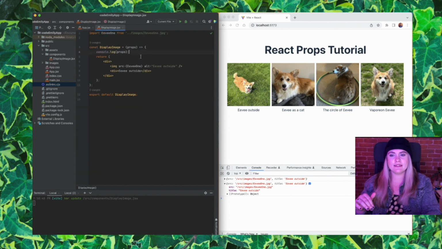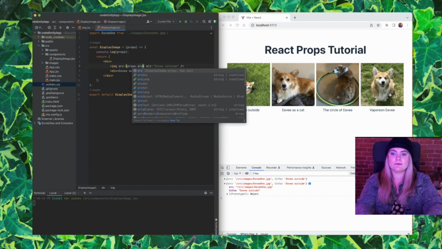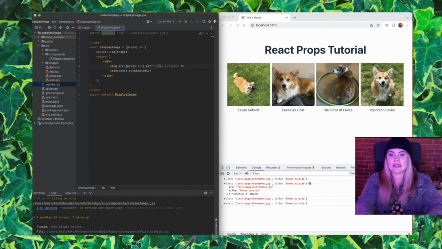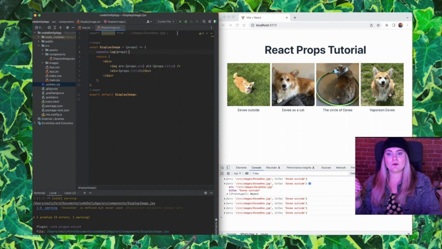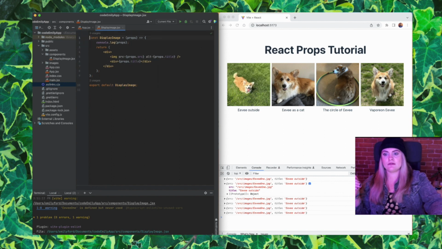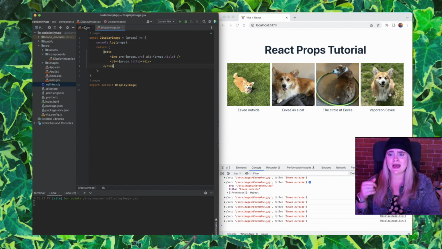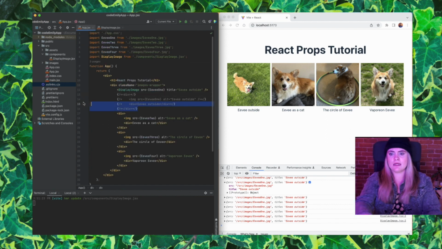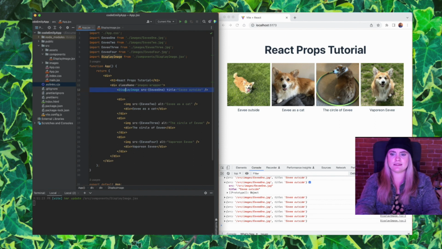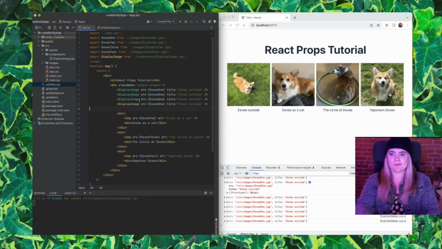If I go over here and I actually replace this source with props.source, I can replace this alt tag and also this title text with props.title. Now we have a component that's able to be reused for all of those blocks of code. I'm going to go back over to this app.jsx file and get rid of this. I'll just copy and paste this 3 times. And I'll copy and paste Evie2, Evie3,